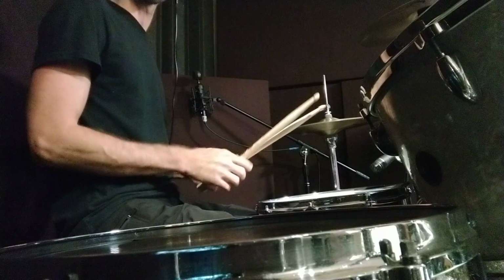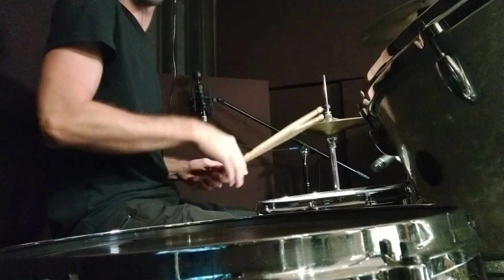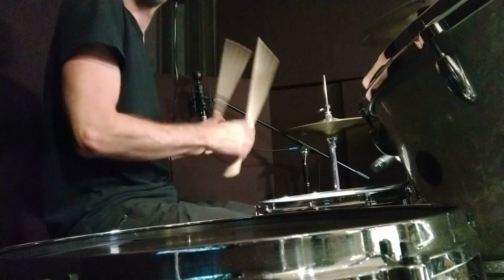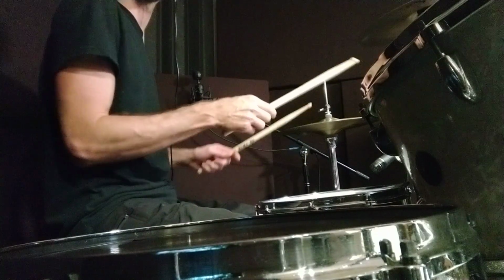That part, and then there's also, you could switch it up with this other part. I'm just going to add in a couple beats. Let's see. Instead of going, I'm going to add in a 16th note right before that. So